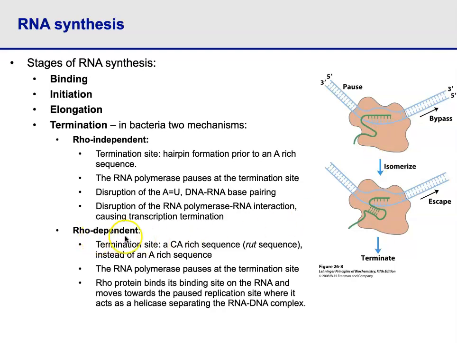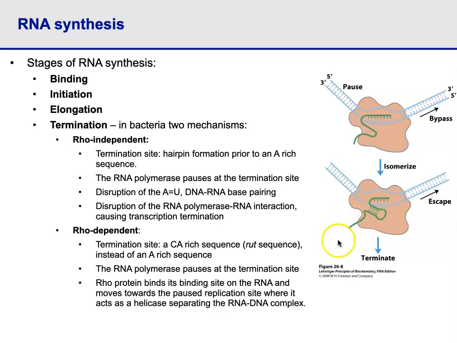Now, the Rho-dependent mechanism is slightly different. It involves a C and A rich sequence, cytosine and adenine rich sequence. That sequence is known as the rut sequence. It's not just an A rich sequence, it's C and A. So when RNA polymerase reaches that sequence, it pauses. And then the transcript,